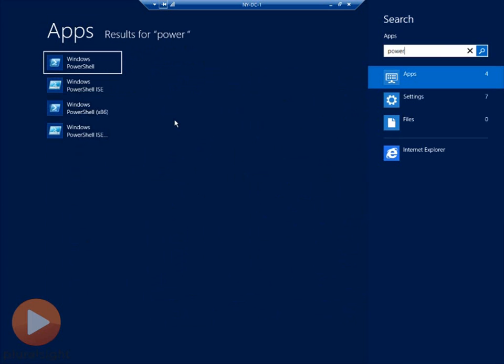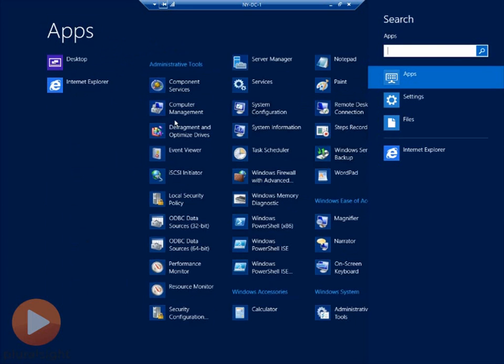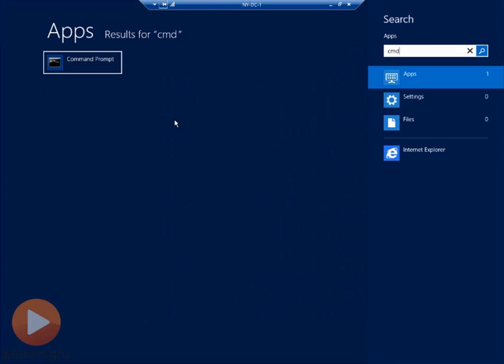There's pretty much any application that exists on your system. You can find it by simply hitting the start button to get you to the start screen and start typing in the name of the application you're looking for. So since the command prompt is what I'm looking for, I'm going to go ahead and type it in and then click it. And I'll tell you what, before I click it, I'm going to right click it,